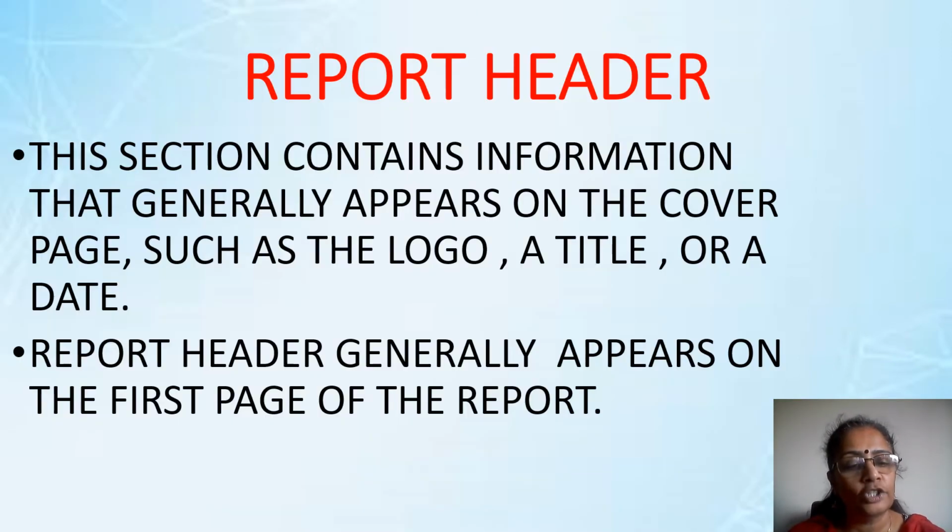Now if you go through each of them, the first one is the report header. This section contains the information that is on the cover page, that is the first page of the report. It contains the actual report heading. It may also contain the logo of the school or the organization, the title, the date, whatever is there, but this always appears on the first page of the report. It is the actual details of what the report contains. For example, if it is the student details, then we will have Shrima Vidyalaya student details. We may have the logo of the school, and the date on which the report is created. All this comes as the report header.